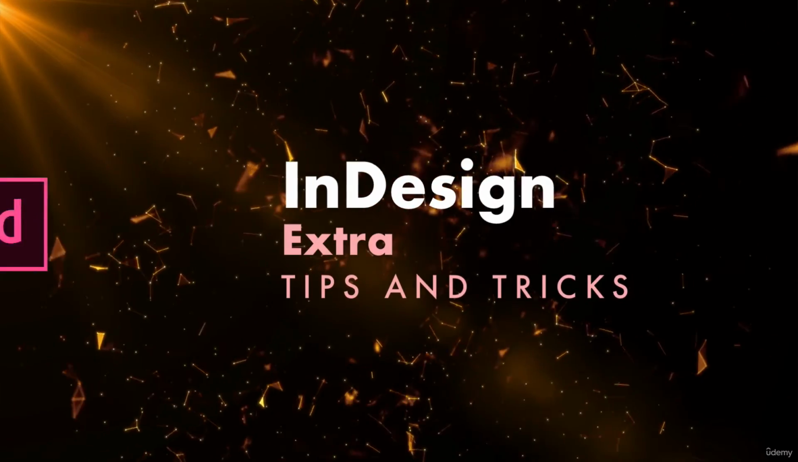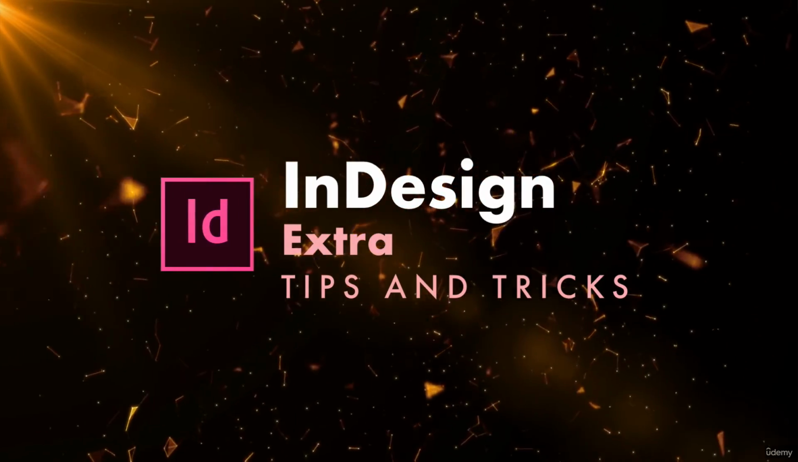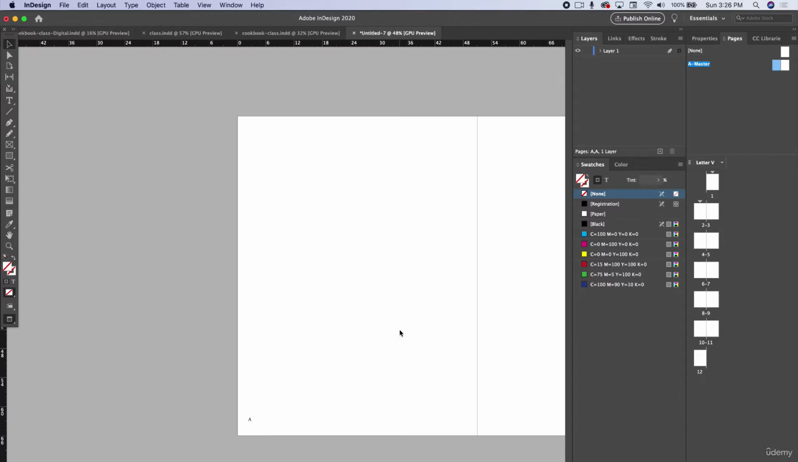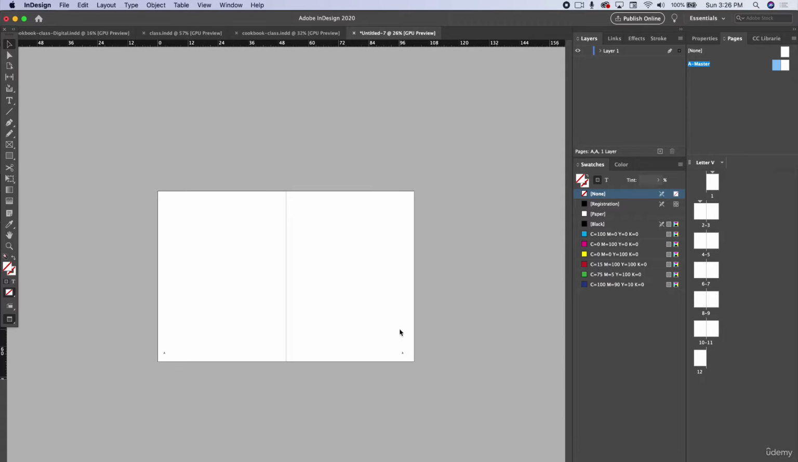A few lessons to go over some extra tips and tricks in Adobe InDesign, just to give you some more time-saving options. So we talked about master pages and how we can use that and apply it over and over to save time. But what about page numbers? Let's say we have a 500-page book and we don't feel like copying and pasting a page number and changing